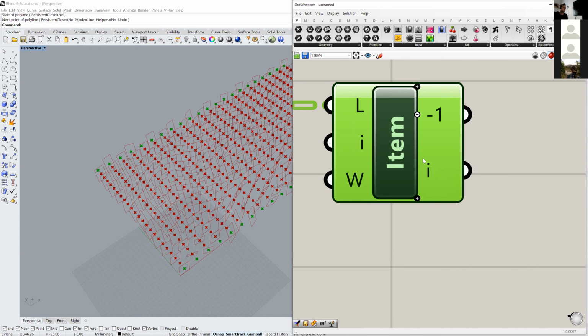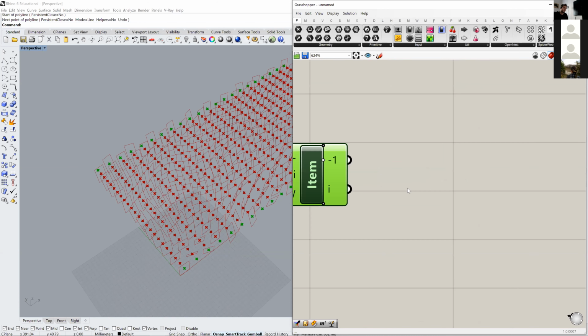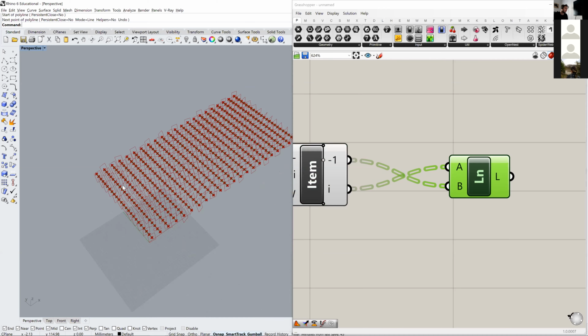In this case, I need the index input 0, and I need -1. That means I get the last one from the list, and I can draw a line between these 2 points. I will be starting at the first, and I will be ending at the last point. So I get this line,